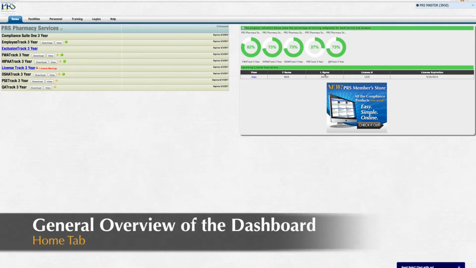Now I'd like to show you a brief demonstration of ComplianceTrack itself, so you can better understand how innovative the program actually is. When you first log into ComplianceTrack, you're going to come to the Home tab. From the Home tab, you can see various information related to your pharmacy, what products have been associated with the pharmacy, the overall landscape of your training, what percentage of your employees have gone through the training, whether or not there's any upcoming expiration dates on your licenses, whether it's a license for the employee or a license for the